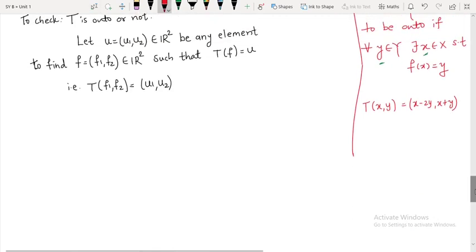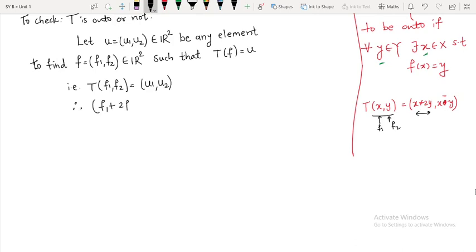So it is (x plus 2y, x minus y). So let us use it here. Now if x is replaced by f1 and y is replaced by f2, it will be (f1 plus 2f2, f1 minus f2)